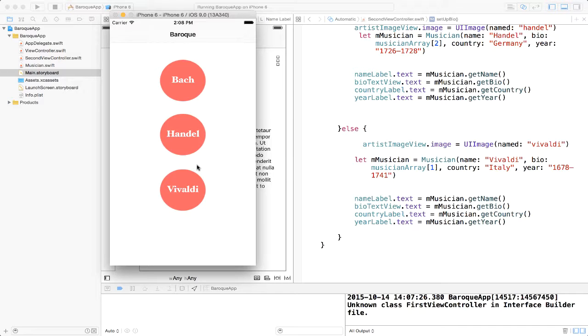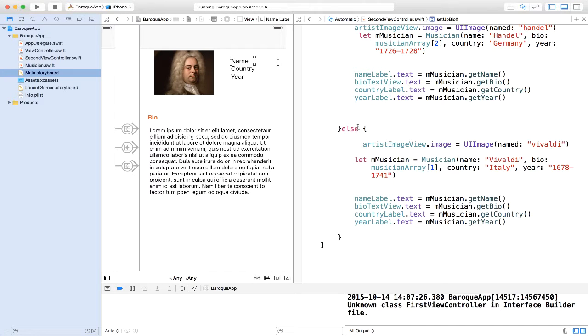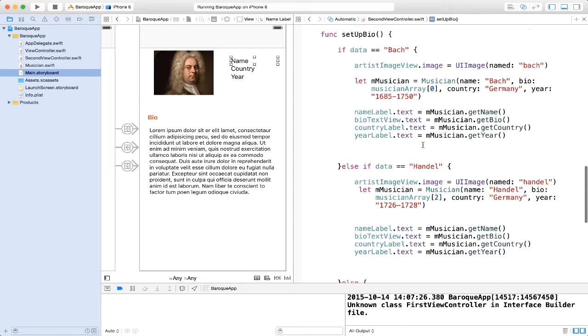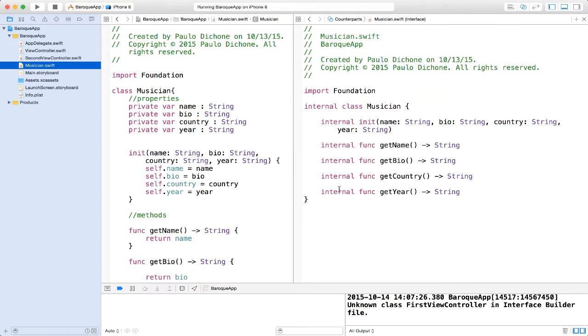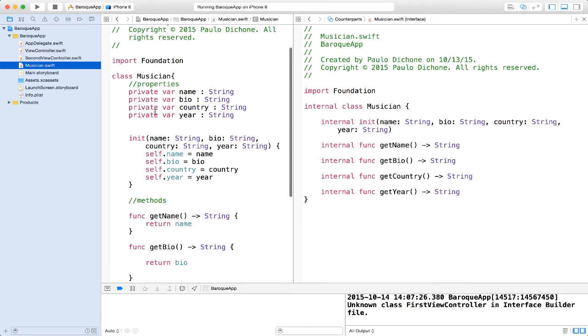We used the object-oriented programming practices because we created one class called Musician, which takes care of all of the properties and methods we needed to create an entity class called Musician. So we can create actually an object of Musician and use that throughout the entire application. There's so many good things about using the Musician class, because now if we decided later to change or add more items to our Musician class, we can go ahead and add more properties.